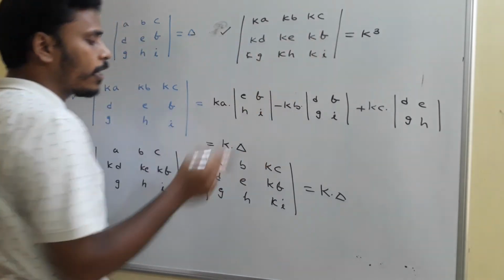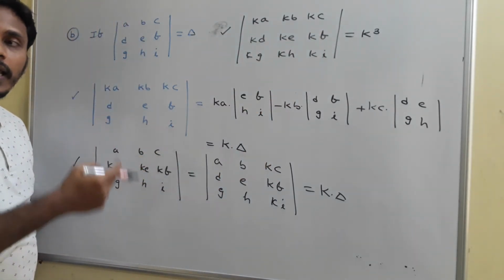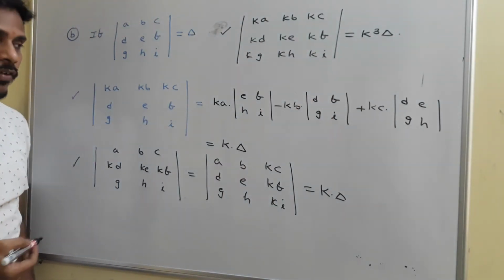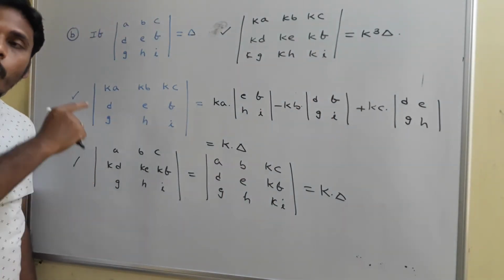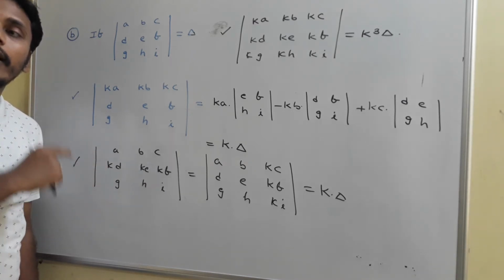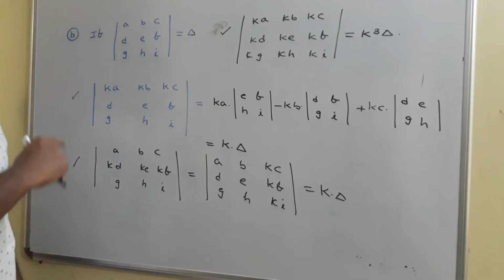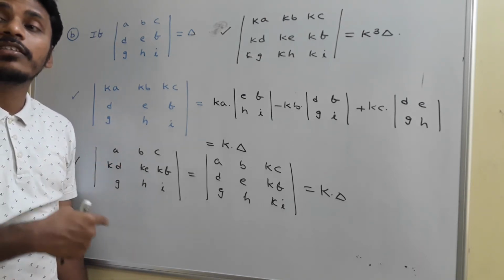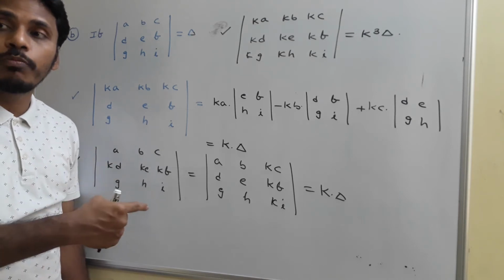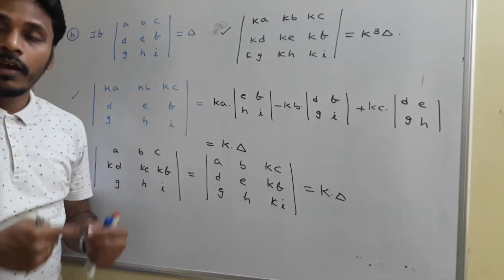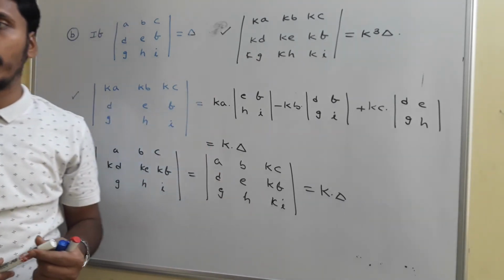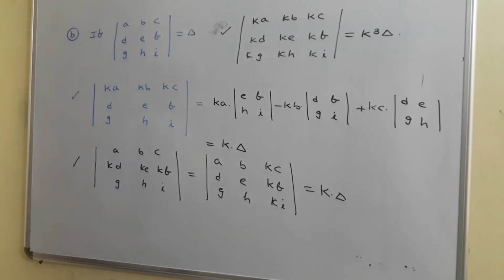In that sense we need to multiply the determinant value by K and K and K, then the answer is K cube delta. Okay, just have a look. If you multiply one row with a constant, then the determinant is affected by K. If you multiply all the terms of a matrix with some constant K, then its determinant is affected by K cube into delta, if it is of order 3 by 3. For suppose if it is of order 4 by 4, then the answer is K power 4 times delta. Like that, okay? Just have a look. I will generalize it by giving some examples again.